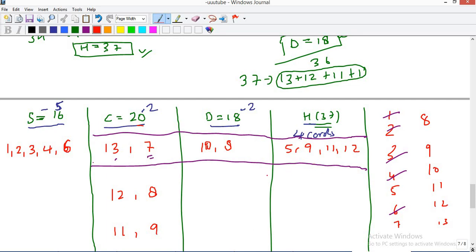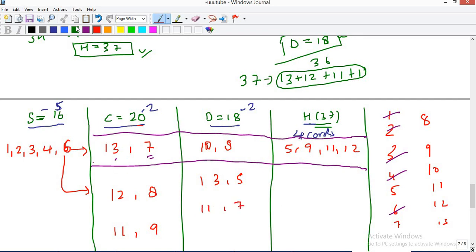Now, if I'm using 12 and 8, अगर मैं 12 और 8 use करता हूँ for clubs. This was the case when I was using 13 and 7 for clubs. Now if I'm using 12 and 8, so I need a sum of 18. So what are the possibilities? If I start with 13 and 5 possible है क्या? मैंने 5 use किया है, नहीं use किया है. So I can say 13 and 5. अब ये second case चल रहा है, ठीक है? This was the first case. This is the second case. So 13 and 5 I can use. और कोई possibility? Is there any other possibility for this? Let me see. Can I use 11 and 7? Yes, I can definitely use 11 and 7 as well. So I'll say 11 and 7 is also possible.